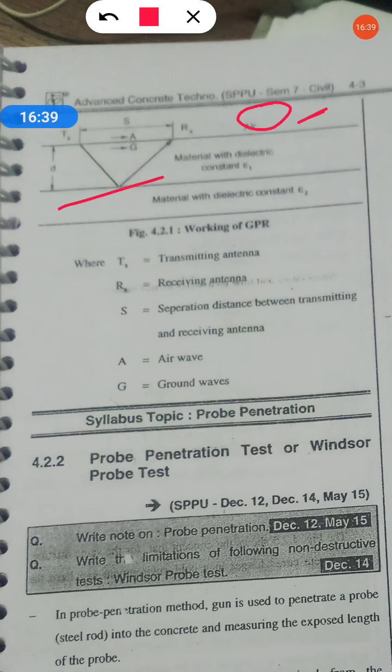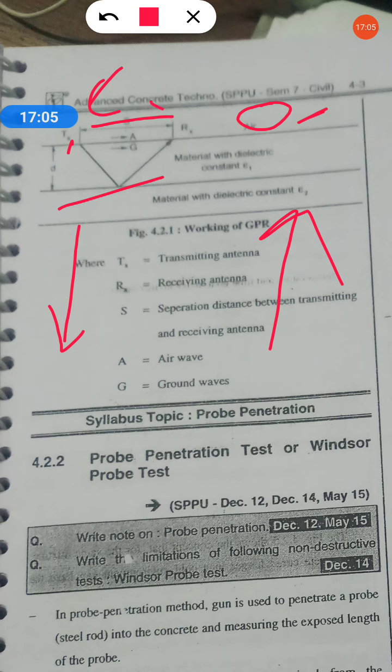So there will be two antennas, transmitting and receiving. If you are transmitting here, you will receive data from here. And S will be the separation distance between transmitting and receiving antennas.